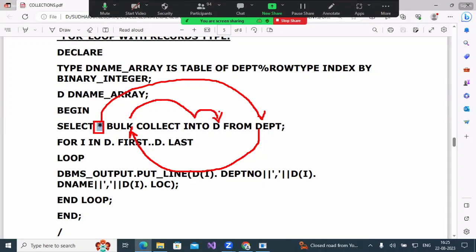Okay, now in my collection memory, I don't have a single column; I have the entire table. Entire table means what? Department number, department name, and LOC. The complete data I'm going to save. And from the collection,